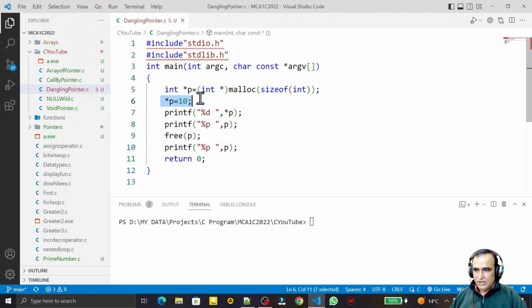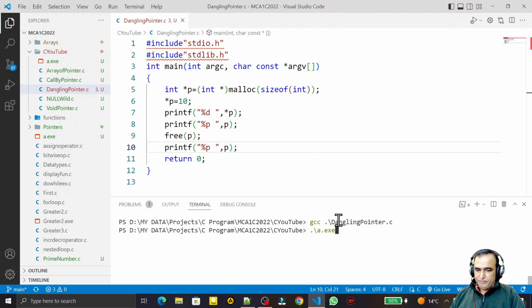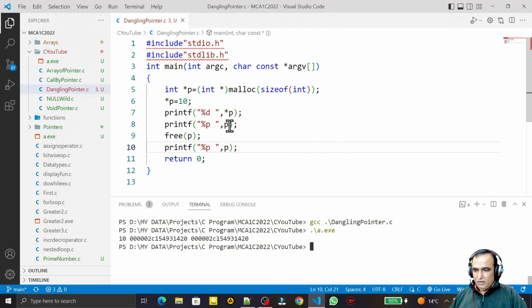We are displaying the value of this pointer, and we are displaying the address of the pointer. You see, again after freeing, after removing the memory, we are printing the address. You will see the wonder here. I compile this, I run it. You see the value of p is 10, the address of p is this one,